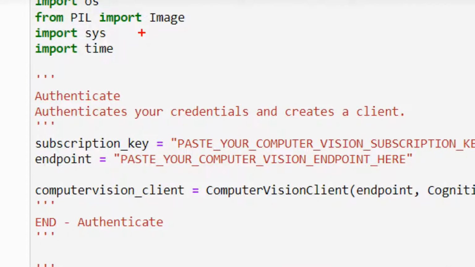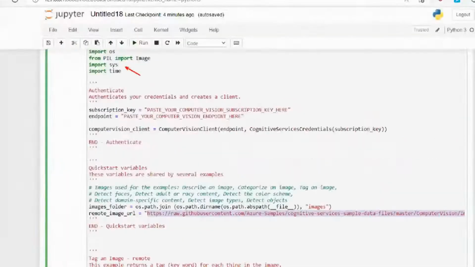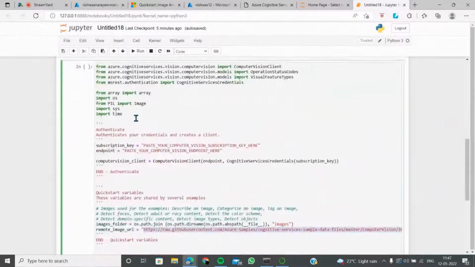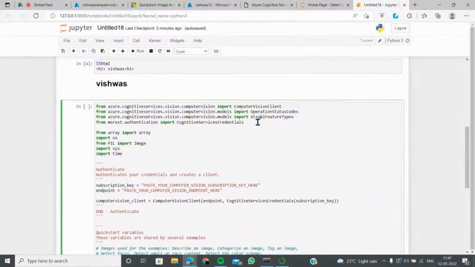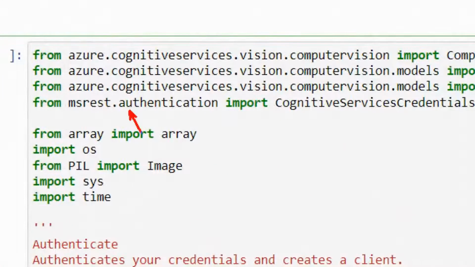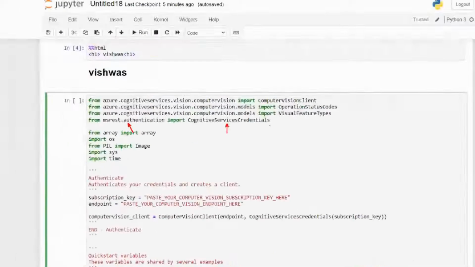So all the imports that are required are taken care of, for where I can get the services, and other libraries are also taken care of here. So that's how imports work. It's saying the array function has to be taken, and array is already taken care of. And okay, I can say one more thing. So this is a REST authentication, MS REST API. So basically, I'm using the cognitive services API from the computer vision part of the cognitive services, right? So this is now taking in all the credentials and it's authenticating me as the authentic user here.